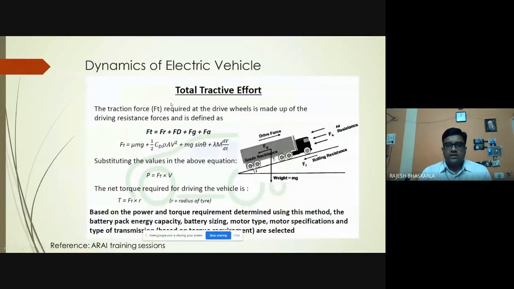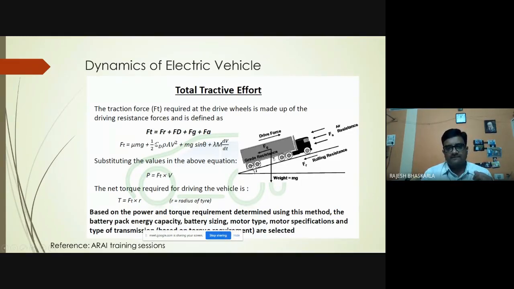Now, in the last class, we discussed the total force acting on the vehicle and the force that is required to pull the vehicle. So we understood that the tractive effort, or the force required to pull the electric vehicle, is the sum of all the forces acting on the vehicle. This is the force required for acceleration, force required to move the vehicle against gravity, the force required to oppose the aerodynamical friction, and the force required to oppose the rolling resistance. So the total forces have to be supplied in order to move the electric vehicle forward. That force is called tractive effort.